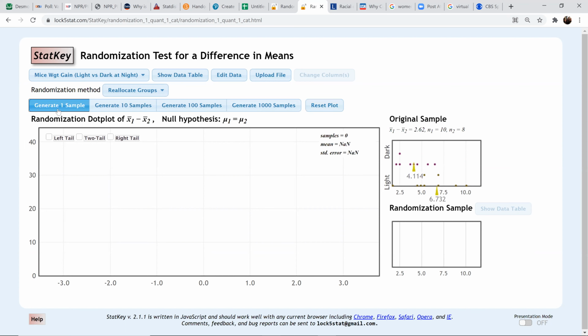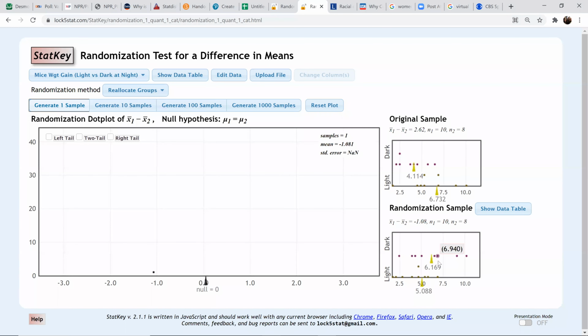So if I generate one sample, here we go. This is called bootstrapping. You're sampling with replacement out of this population. You're treating them as all one group and then randomly assigning them here. And if you look at the differences that you get, the difference from this sample to this sample, now I got a difference of -1. If I click another sample, this time I get a difference of -0.37. So just how unusual is it to get a difference all the way up here of 2.62?